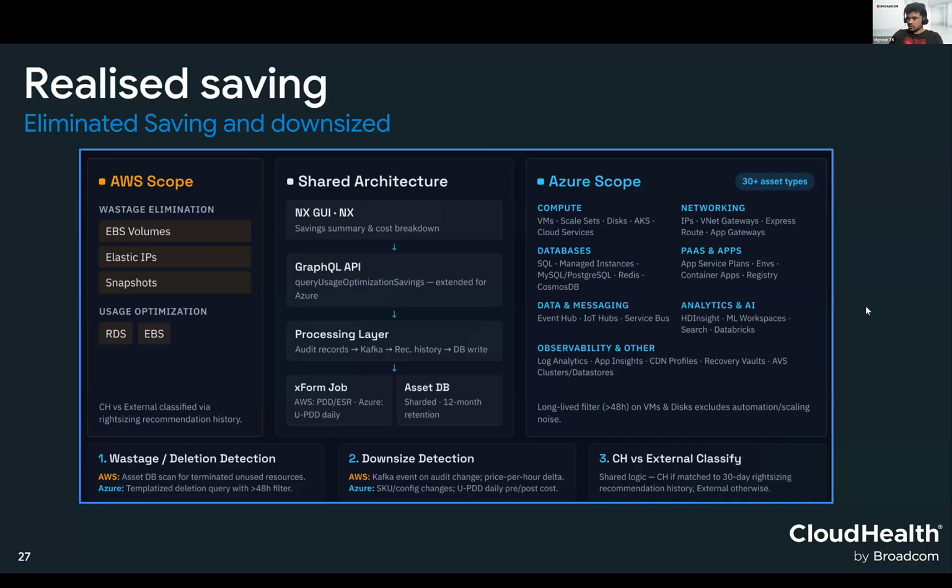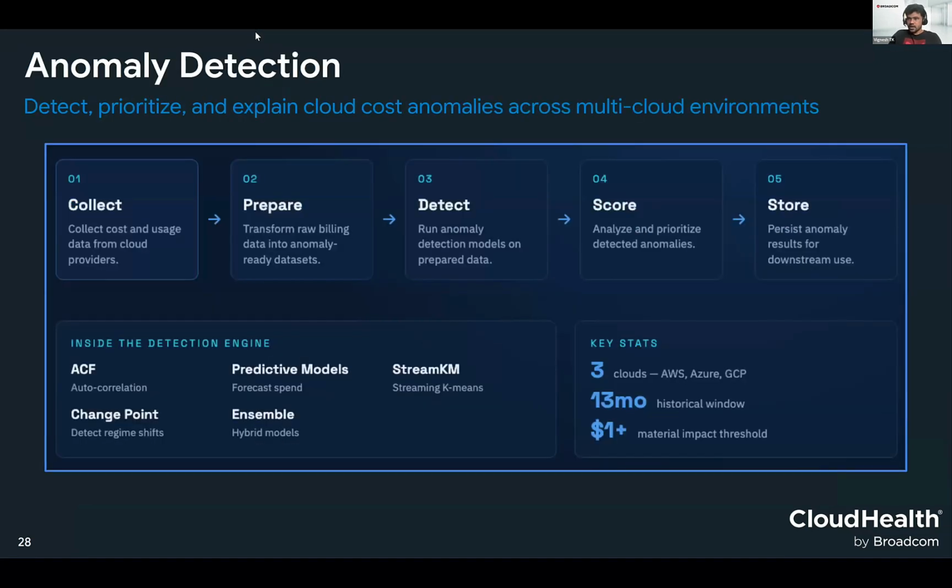Given you want to take the anomaly one, I will be pretty quick on that as we have limited time. Now we have given the customer the opportunity of what to save. Now we want to see if there is any fault tolerance. As soon as AWS, Azure or GCP drops their bill, our anomaly detection engine comes into the picture. We listen to the collection we have gathered in CloudHealth, and then we run a transformation engine called collection, and whatever we need for the anomaly detection context, we try to prepare.